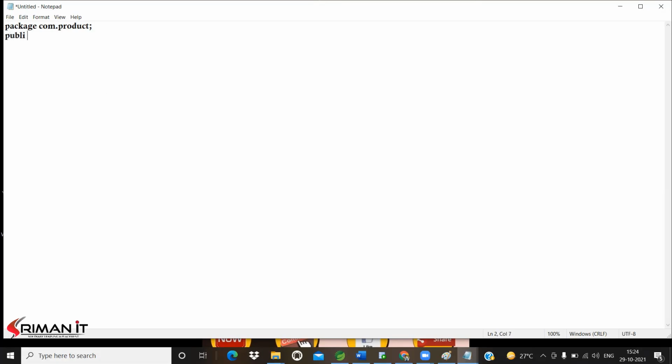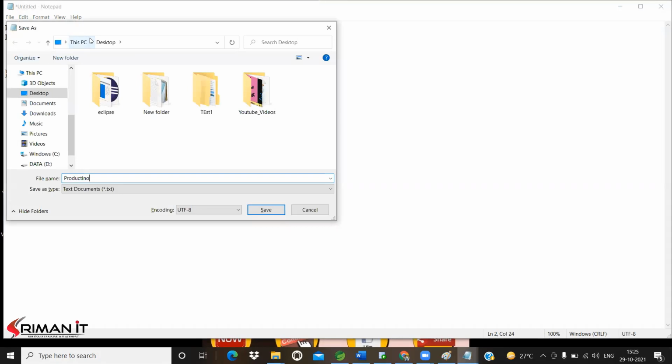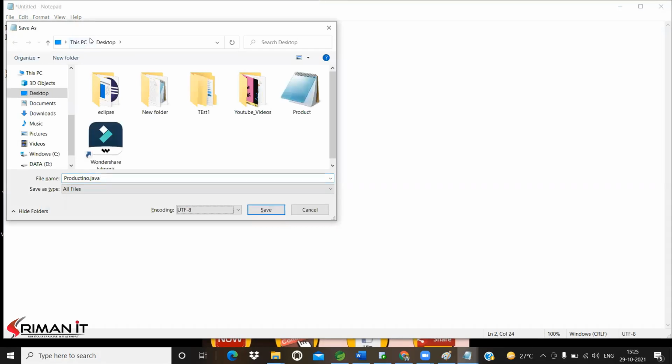I'm taking one class, public class ProductInfo. To run our core Java program, we know we require the main method: public static void main(String[] args). Now I'm going to save this file as ProductInfo.java.